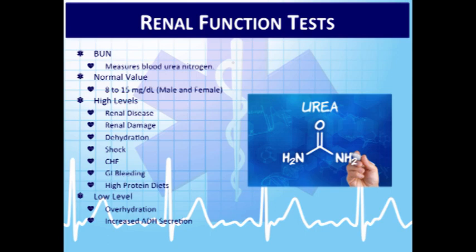Low levels of BUN are most common if patients are overhydrated. If they get too much IV fluid resuscitation, I could look at their BUN and it's going to be low. There's not anything I'm going to do about that other than let the patient diurese a little bit or help them diurese. Also, if antidiuretic hormone is excessively secreted, so your body is told to not produce urine and more fluid is retained in your vascular space, same net effect. Your BUN is going to